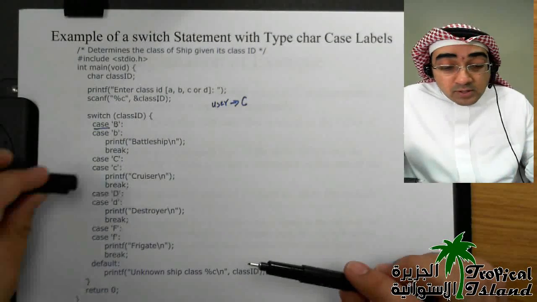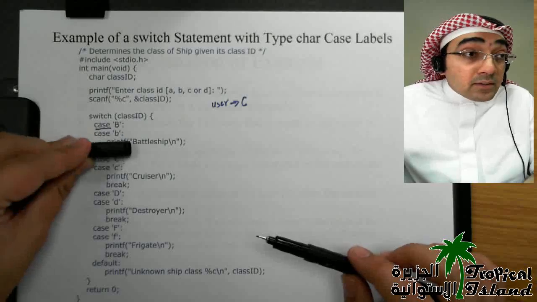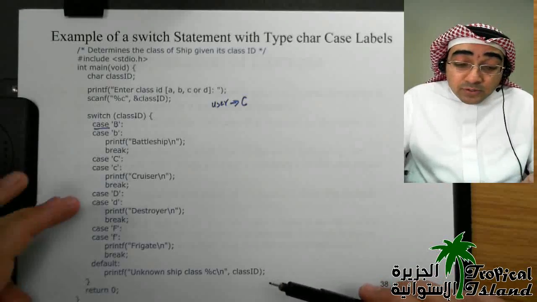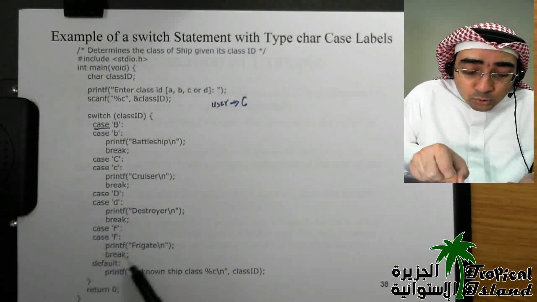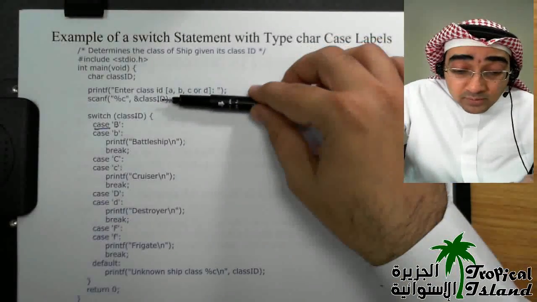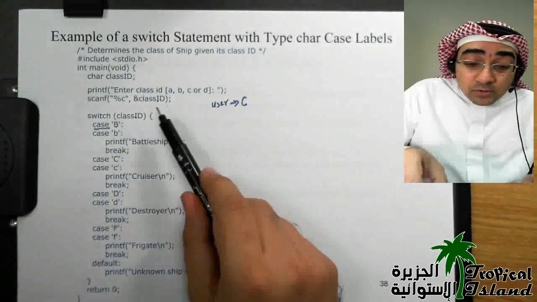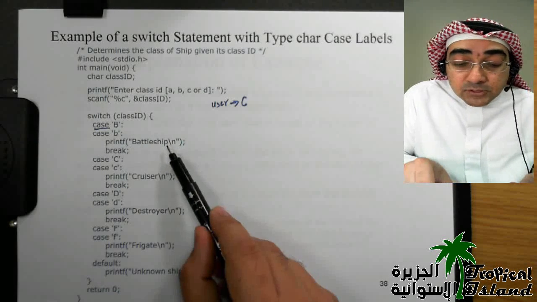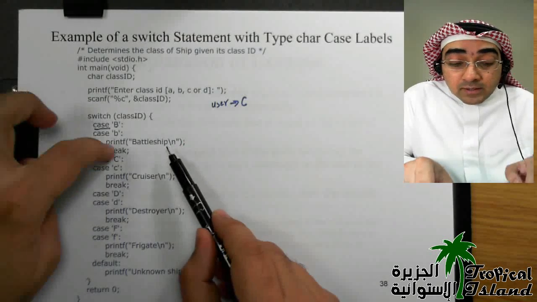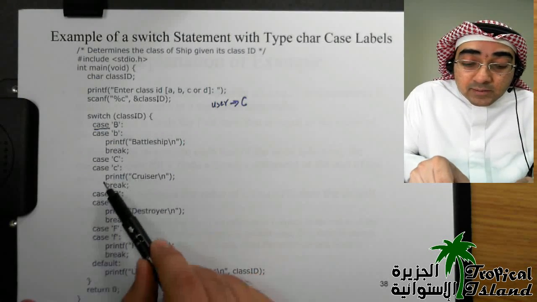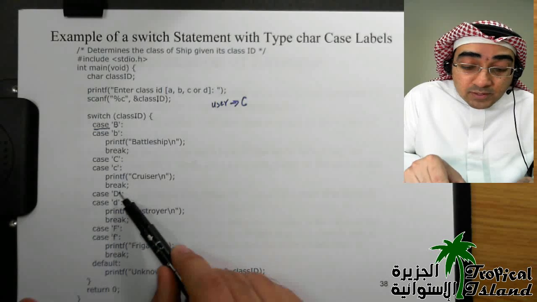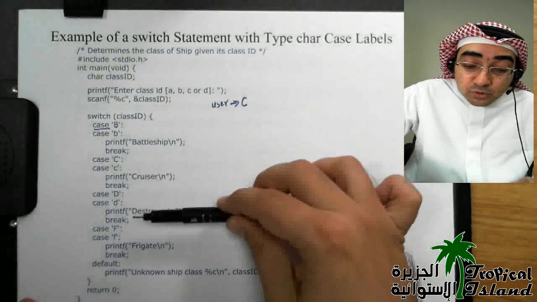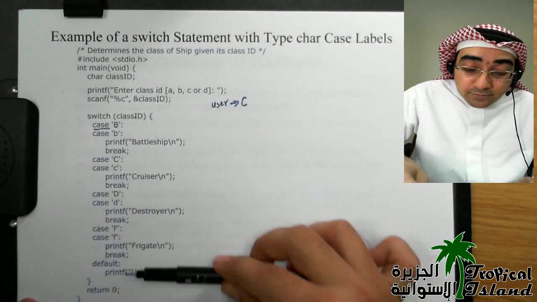Now suppose that you actually delete this break, okay, so this break you delete and you don't write it in your program. What's going to happen? Suppose you delete all the breaks, so there are no breaks in your program, and the user comes and enters a B. You're going to jump to the small b, and you're going to start executing the statements, printf battleship. So I'm going to print battleship, then this break is not there, so I'm going to go, this is an empty line, I'm going to print cruise, then the break is not there, empty line, I'm going to print destroyer, so you're going to be printing battleship, cruise, destroyer, frigate, unknown ship